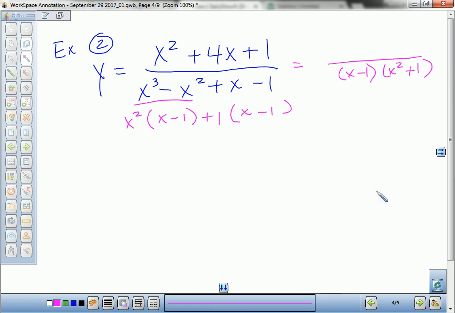Okay? Because of that, then we're going to get that bx plus c when we split them in just a minute. It's an irreducible quadratic factor because it's a quadratic factor that doesn't factor further. So when we take that as x squared plus 4x plus 1, and we break this up now,